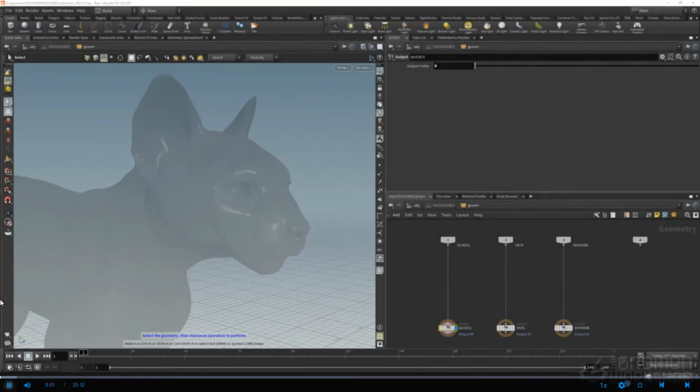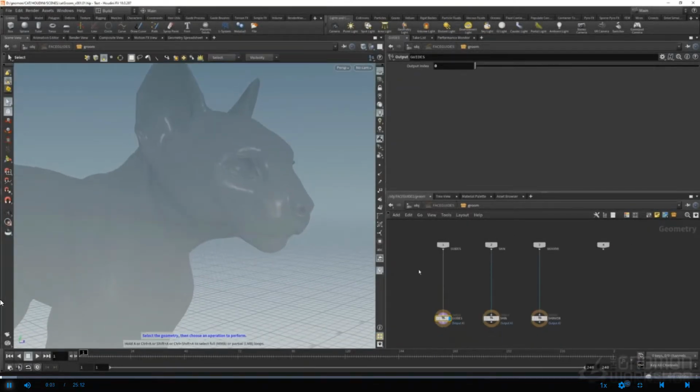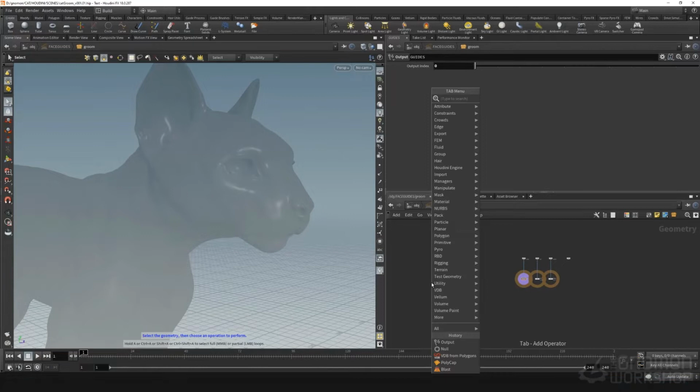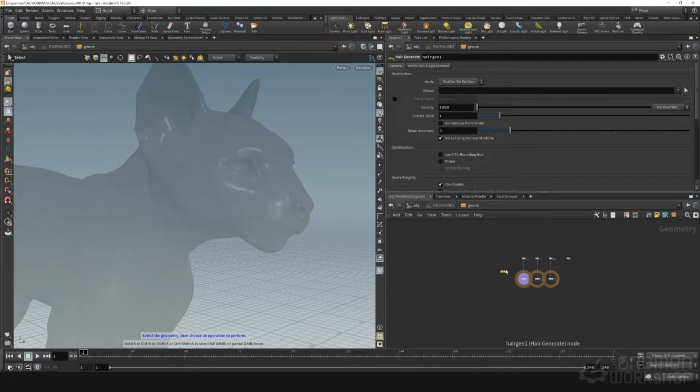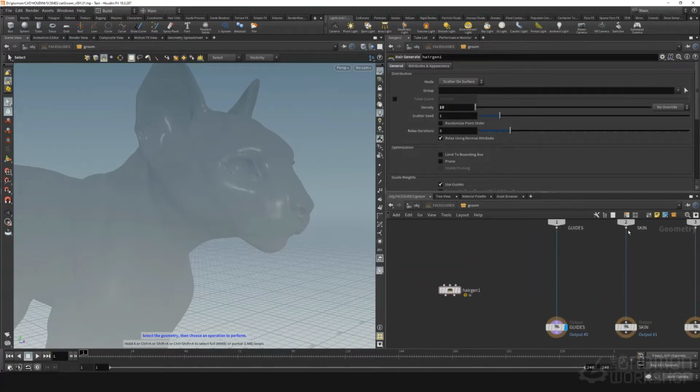I would recommend you, if you have multiple desktops, to work with a lot of references all the time. Always try to preview your references and then check in with your groom. So here we will drop a HairGen node